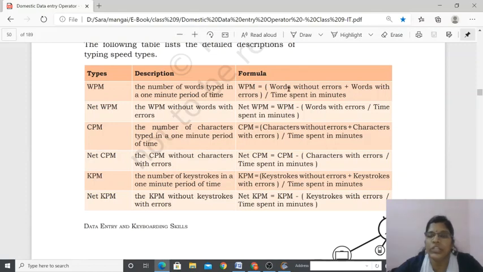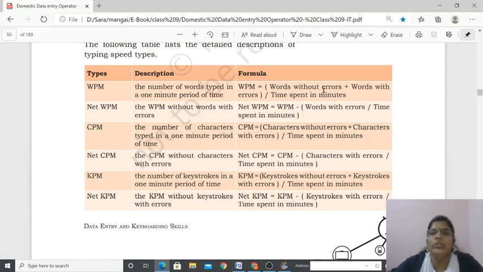WPM is equal to words without errors plus words with errors divided by time spent in minutes. So how many words have you written? 10 words. How many words have you written with errors? 2 words. Okay, 10 plus 2, 12, divided by time spent in minutes. How many minutes did you spend? To type 10 words I have taken 3 minutes.